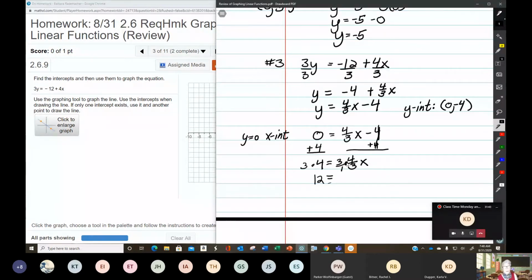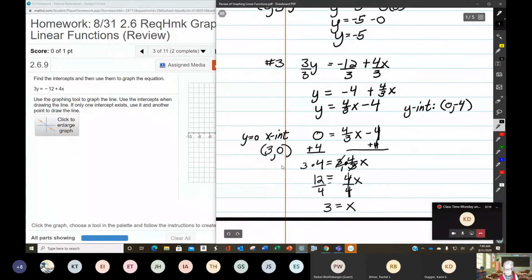Up here, the whole reason I did this was to cancel out the 3's. A 3 up there will cancel a 3 down here, and that's called cross-canceling. So I'm left with 4x, and I will proceed to divide by 4, so that the 4's cancel. I'll be left with x equals 3. So my x-intercept is going to be 3,